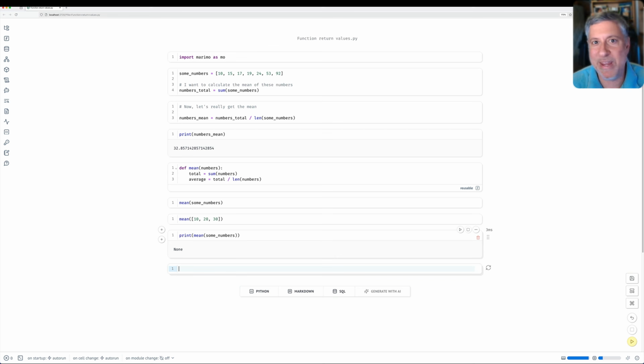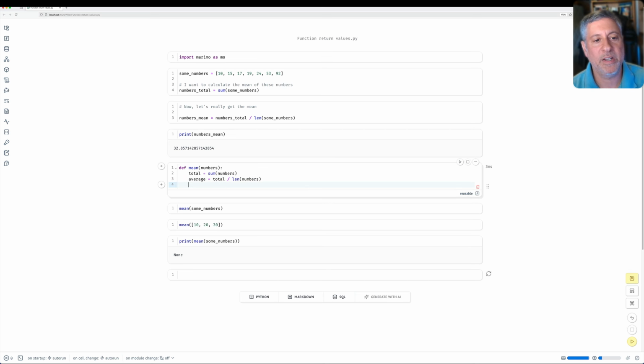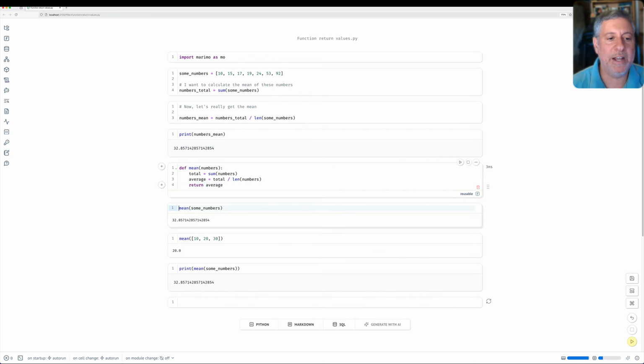Well, that's great, except mean is not exactly returning any value that's of use to us, right? It's returning None. How can I change this? Well, I can say here, return average. And when I say return average, that means, hey, Python, when this function is at its end, I want the function to return a value to the caller, just as sum returns something, and just as len returns something, now mean will return something. And so I invoke this function, and whoa, now my other two cells, where I invoked mean on some_numbers and mean on 10, 20, 30, they are now